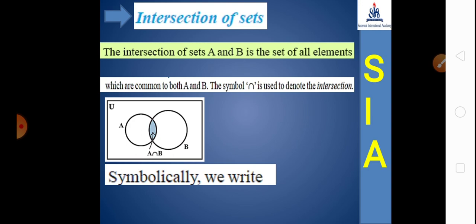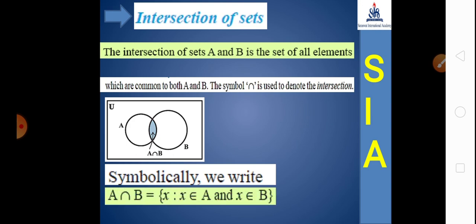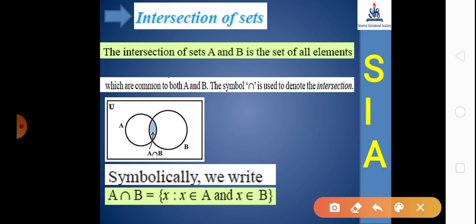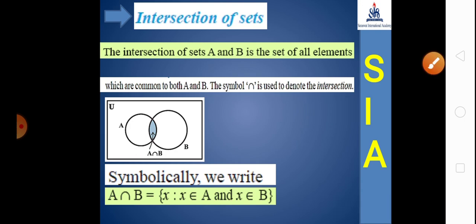So symbolically we can show here A intersect B. This symbol is a reverse U. You are reading that it is an intersection set, and look at that, X belongs to A and X belongs to B. Students, carefully write here the word 'and'. In union I told 'or', and here 'and'. So whenever you utilize the word 'and', your answer is A intersection B. It means you just judge what is between A and B, that is called A intersection B. It means the common elements present in both sets.